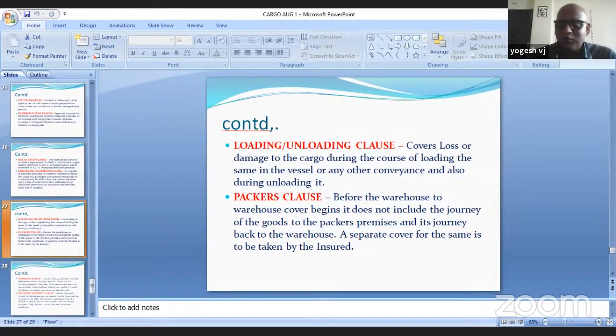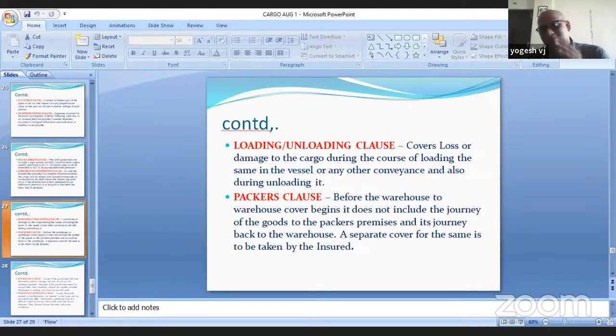समुद्र का जर्नी खत्म हो गया, goods are unloaded. Have you ever seen how a container is unloaded? There is a huge crane. It picks up the container. इधर से इधर होते हैं रख दे. Any accident that occurs during that unloading part, which usually occurs